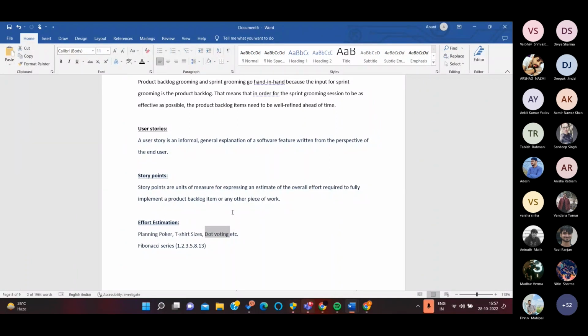Each one of them would give their estimation for that task individually, on a scale of 1, 2, 3, 5, 8, 13, and it depends on the organization how far they want to take the Fibonacci series, with 1 being the easiest and 13 being the hardest. So what usually happens is each one of them will give their